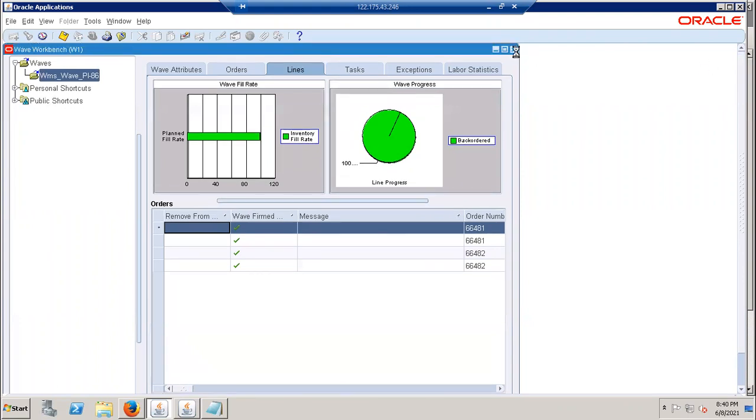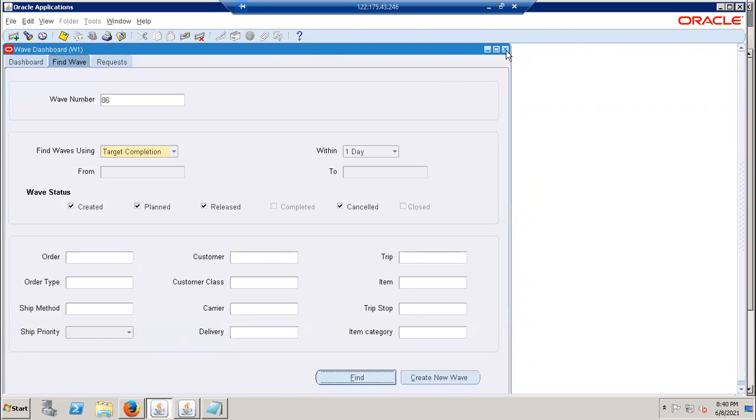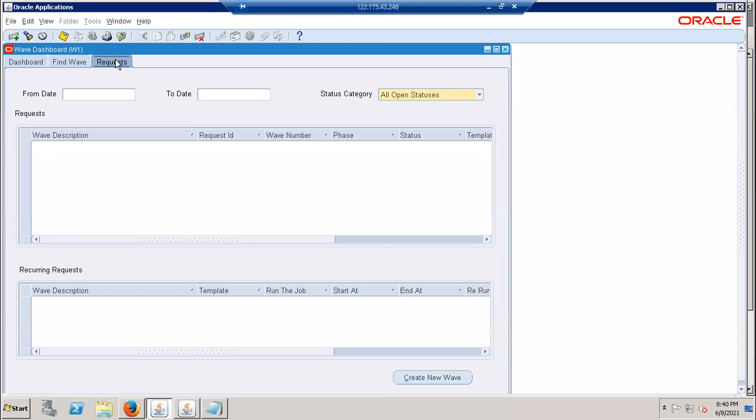Ideally, I will tell you the expectation here. It has to run the wave, and the wave planning has two things. One is you are planning a wave, you are releasing a wave, and those orders which fall under your criteria will come, and only those specific orders as per your criteria you can plan.